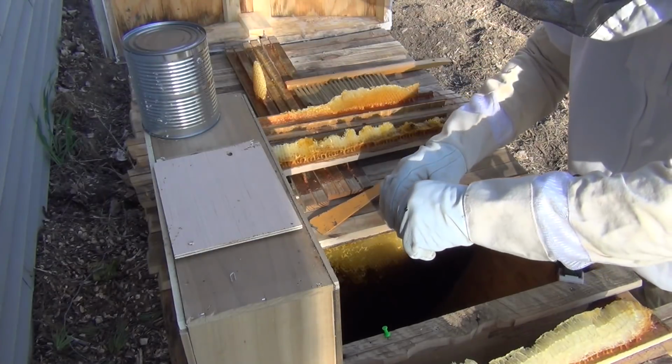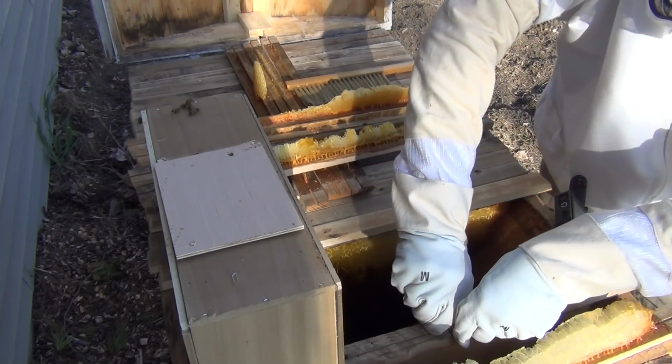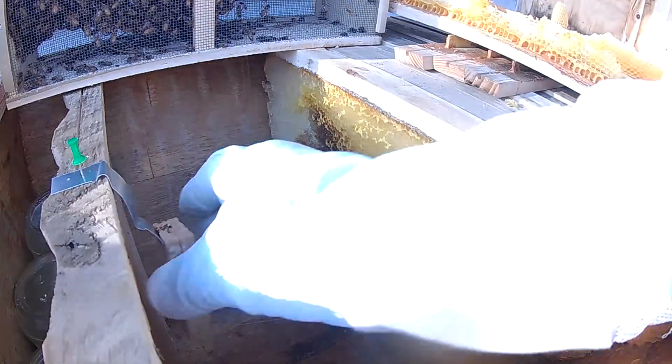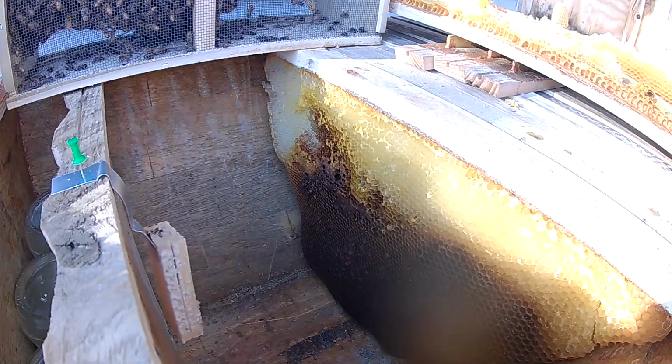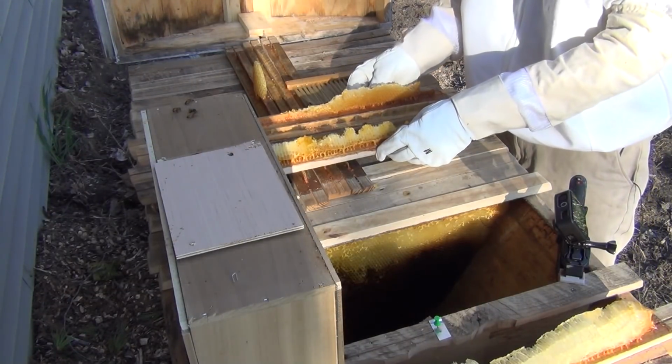Okay, so we've got a hole for her. And get her right there. They can see her and all that good stuff. Okay, now is where we shake 12,000 bees